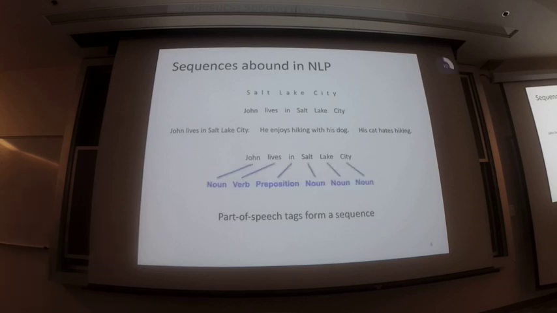So in this case, John is a noun, so the network is going to tag John as a noun, leaves as a verb, in as a preposition, salt a noun, lake a noun, and then city was a noun. And in this case, you realize that the output we have here is a sequential output, because the task we're doing demands that